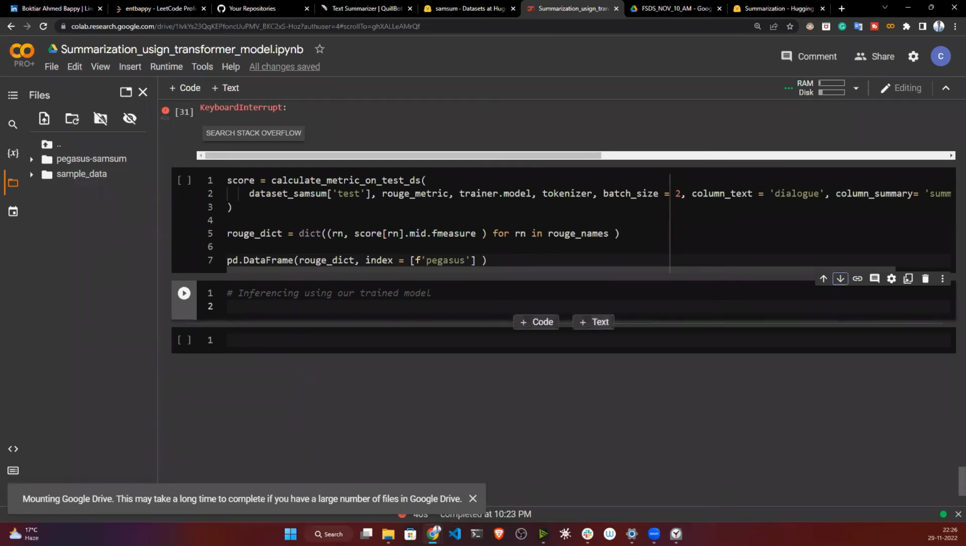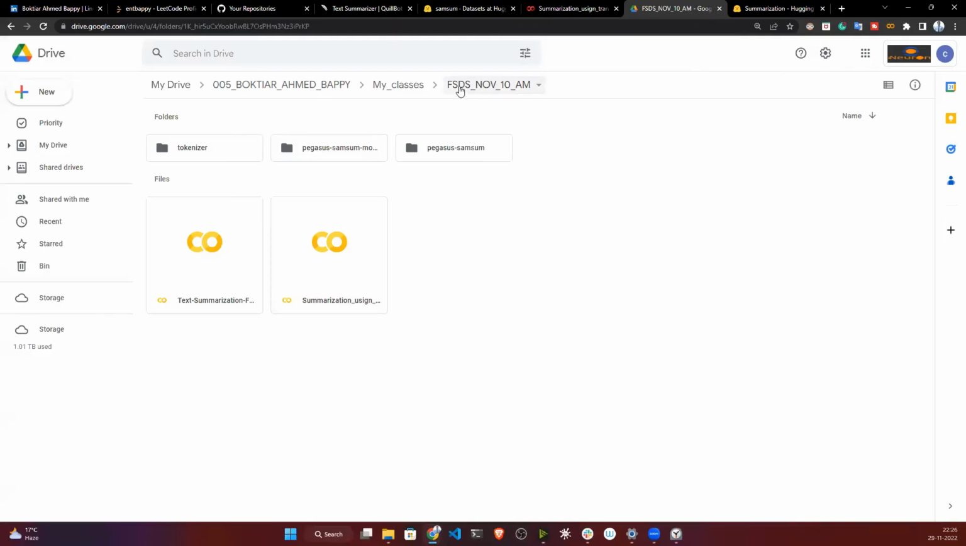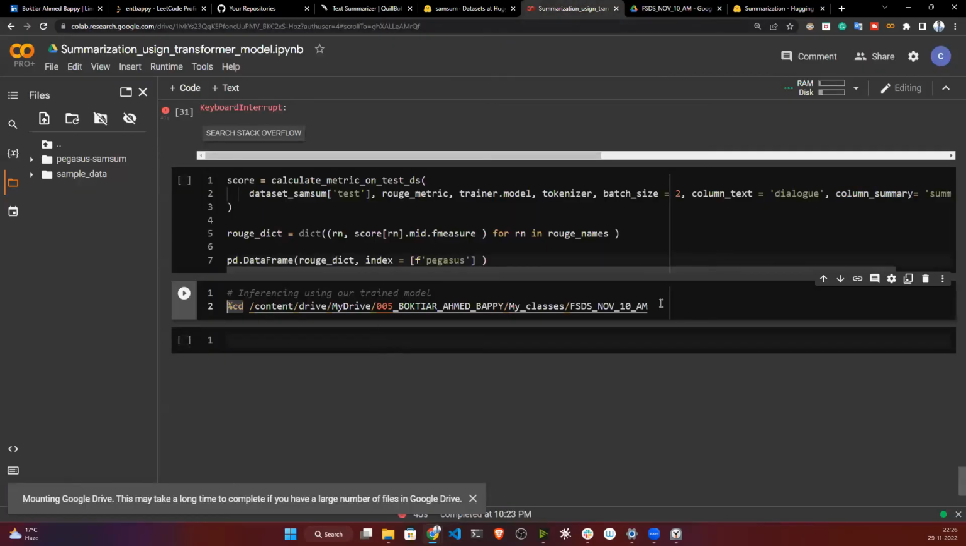So again, what I will do is change my directory to this location where I have all my information. Basically I'm changing the directory, doing cd, and coming inside this folder, FSDS November 10 a.m. And inside that I have all my models and tokenizer. Now if I just execute,